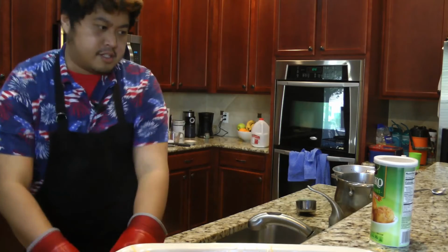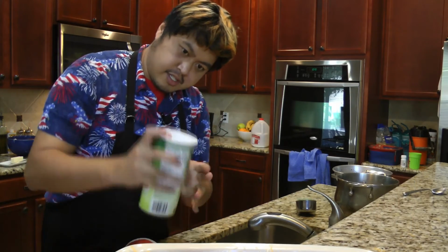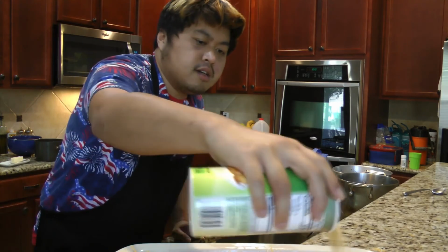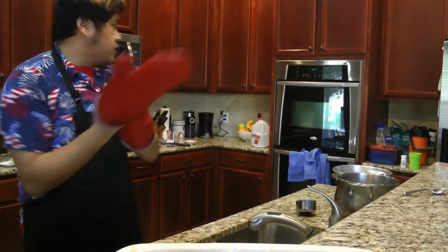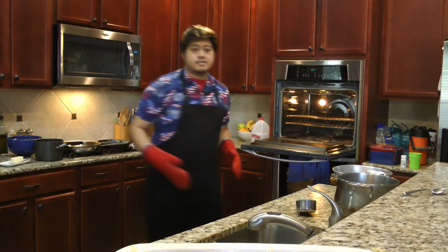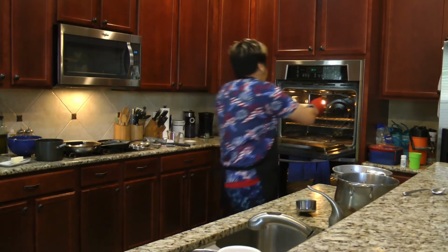Oh, right. I'm going to take these oven mitts back off and sprinkle my panko breadcrumbs over all my layers of cheeses. So again, we're getting double crunchy goodness. And oh my goodness, those panko breadcrumbs at the bottom are going to be soggy, but it's fine. And then we'll put that in the oven for 20 minutes. And as I said before, the oven is preheated to 350 degrees Fahrenheit, just in case I have the odd